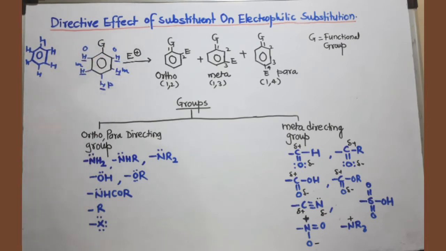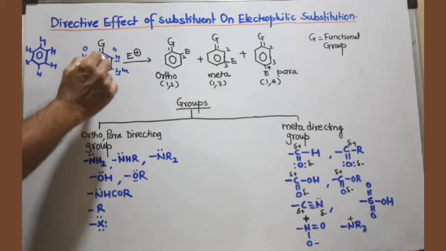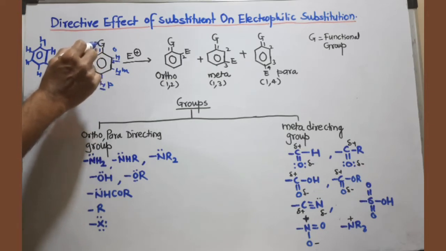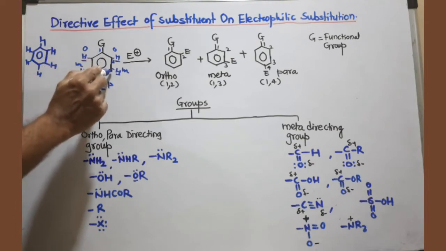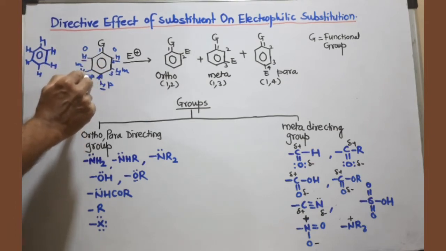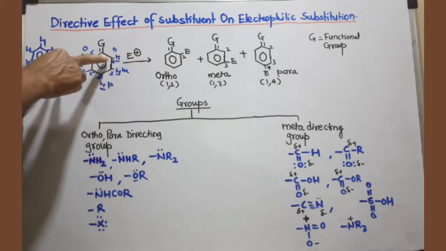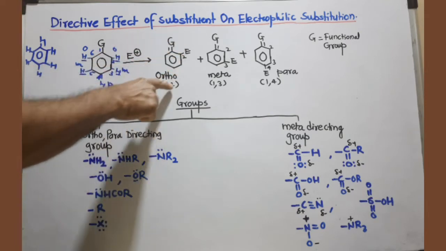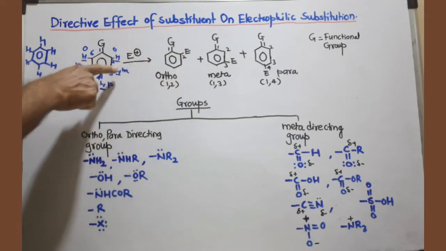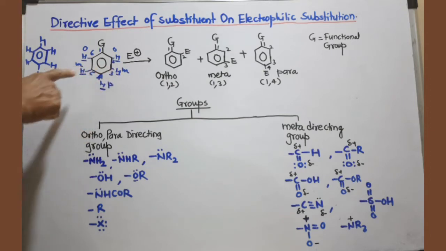at the para position. Now see, these 2 ortho hydrogens have a 1-2 relationship with the group present on the benzene ring. Meta hydrogens have a 1-3 relationship, and the para hydrogen has a 1-4 relationship. So when the incoming electrophile comes at carbon number 2 or 6, which are equivalent positions, we get an ortho substituted product. And when the incoming electrophile comes at the 3rd and 5th position, we